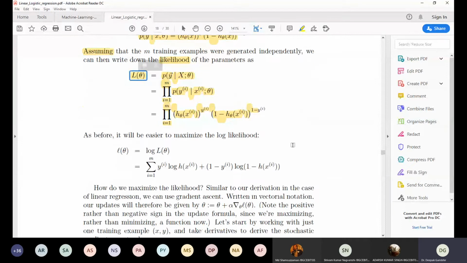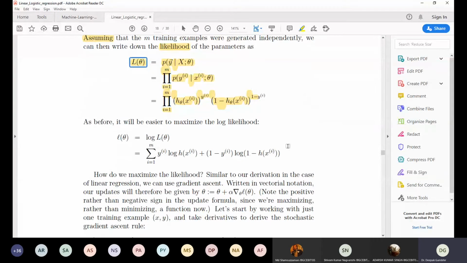Now if my likelihood is more, then my log likelihood is also more. So I will take the log of this function, that is the log likelihood. We need to maximize it. Maximize in the sense that there are a number of inputs present, and on the basis of the input features, which inputs result in output 1, or which inputs give you the 0.